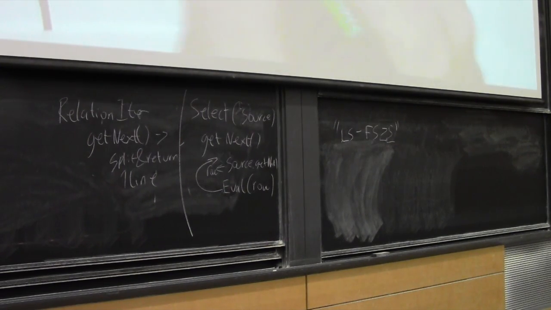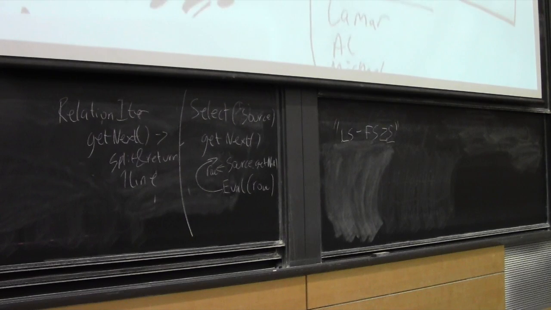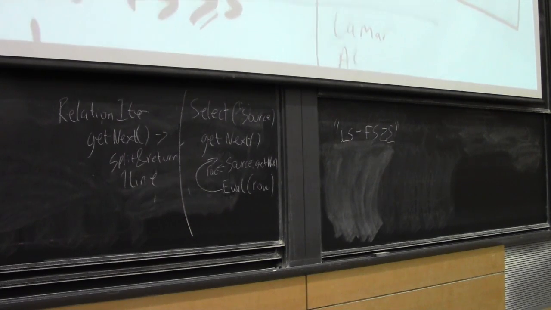So Lamar Green, 1965 minus 1956, so true. Al, Michael Jordan, and every single time you call getNext, you're going to get another row from the select. All right, so we can